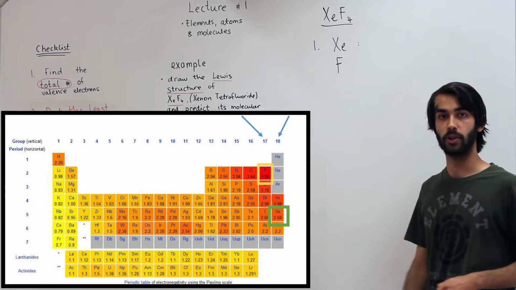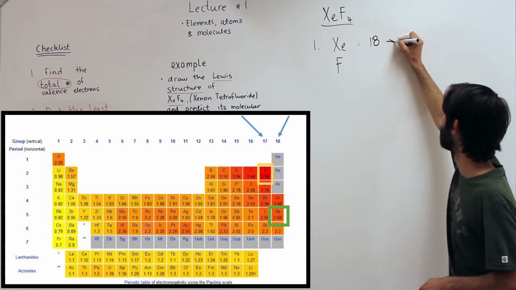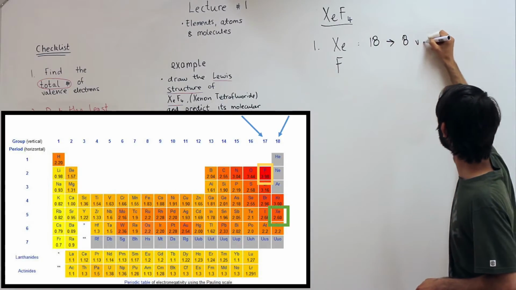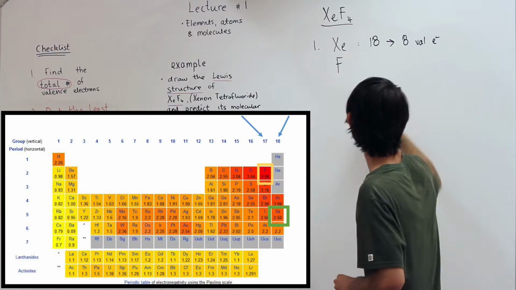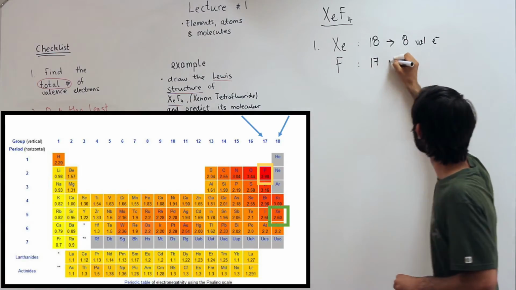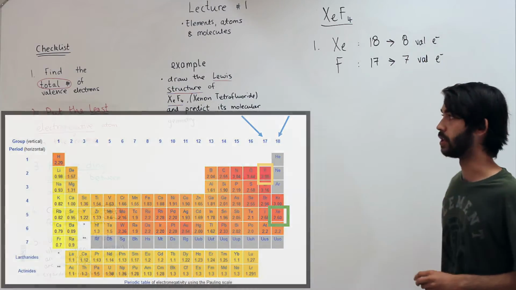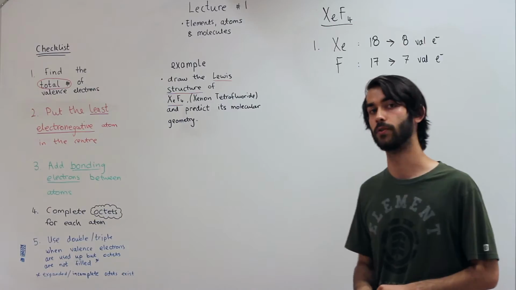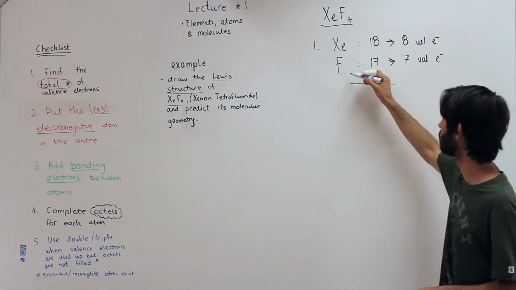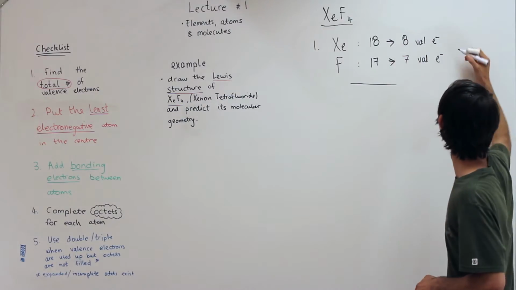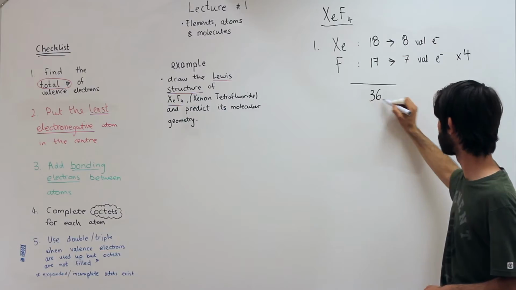The xenon, if we refer to the periodic table, we know is in group 18, and therefore has 8 valence electrons left over. Fluorine, we know is in group 17, and therefore we'll have 7 valence electrons. Since we want to find the total amount of valence electrons for this compound, we then sum these values, and keep in mind, since we have a tetrafluoride system, we must times the fluorine value by 4 to give us a grand total of 36 valence electrons